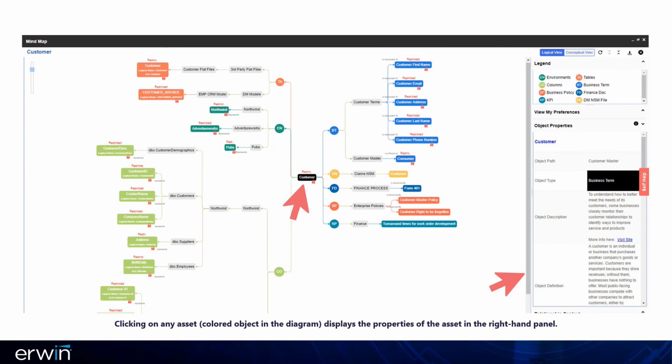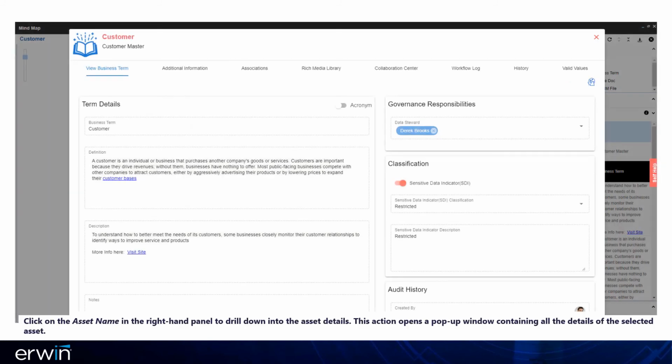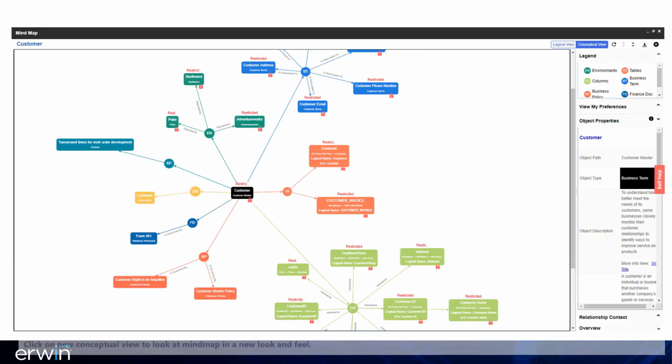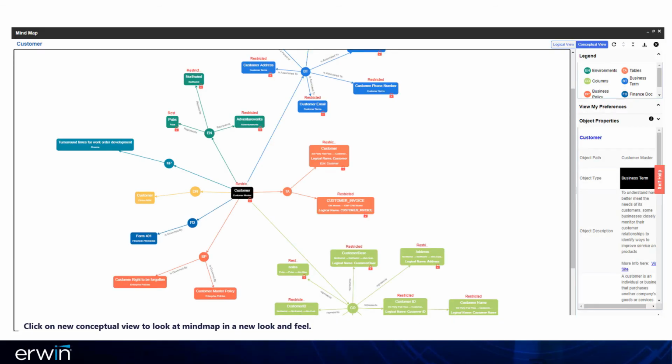Clicking on any asset-colored object in the diagram displays the properties of the asset in the right-hand panel. Click on the asset name in the right-hand panel to drill down into the asset details. This action opens a pop-up window containing all the details of the selected asset. Click on New Conceptual View to look at Mind Map in a new